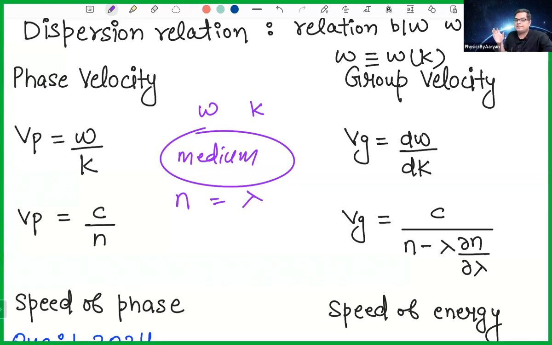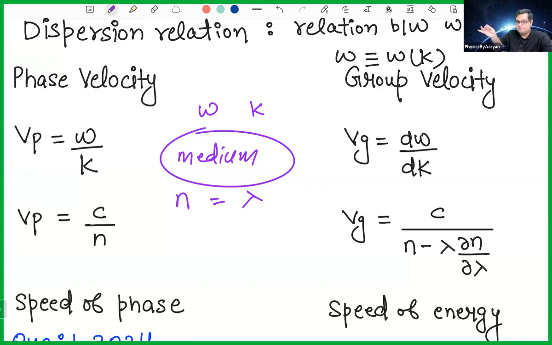Because for example in vacuum, for every wavelength, the refractive index is 1. So that is why you see white light as white light. You don't see the colors being split up. But once you pass it through a prism, which is a body for which the refractive index depends upon wavelength,